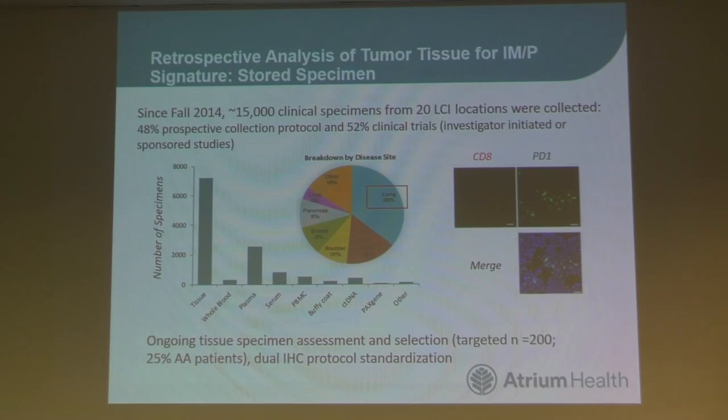So we have developed this IMP panel and validated it for tissue analysis. And we also have a biobank at LCI. We've collected over 15,000 clinical specimens, tumor biopsies from lung cancer patients between 2014 and 2016. We have about 3,700 of those. From there, we are looking at clinical annotation, ensuring that the diagnosis is one cancer and one cancer only, making sure we know what drug patients have received, and we know exactly the clinical outcome, previous lines of treatment, and later lines of treatment, to understand among 200 patients within this cohort